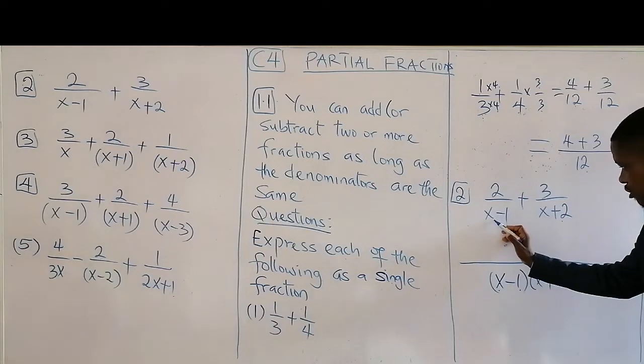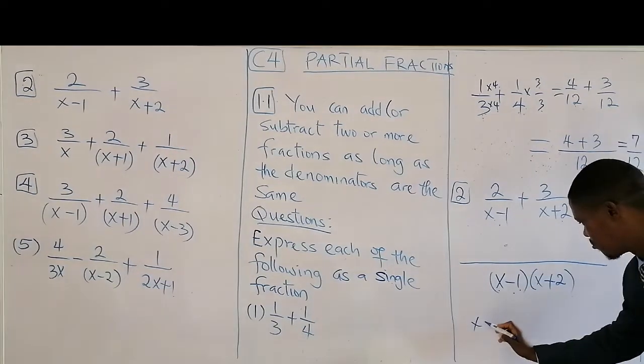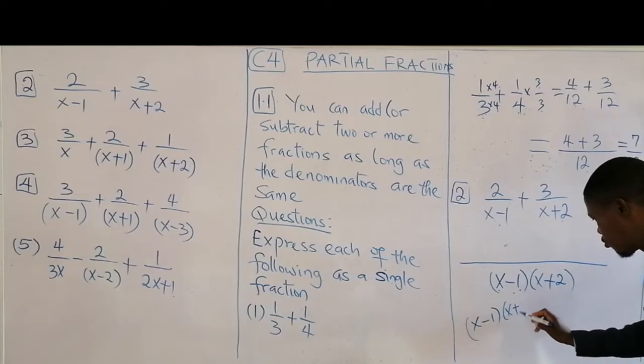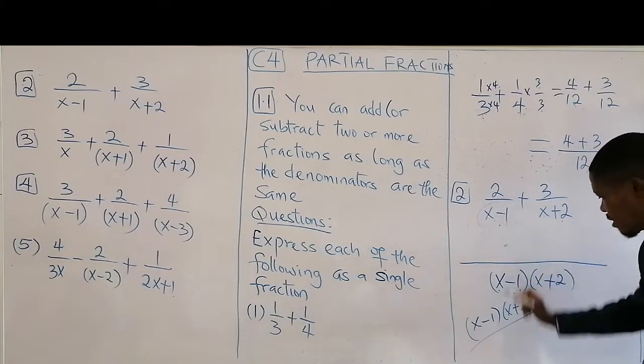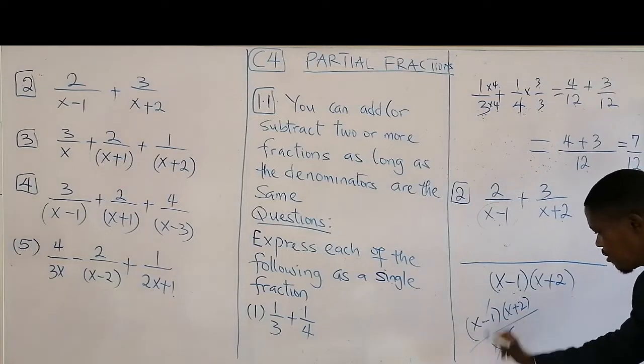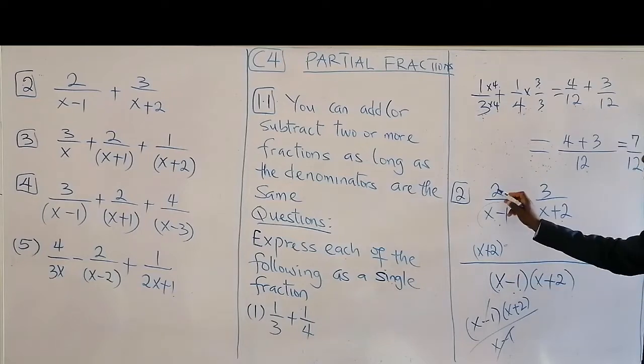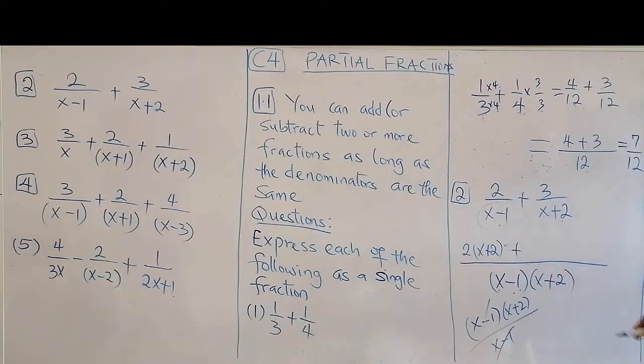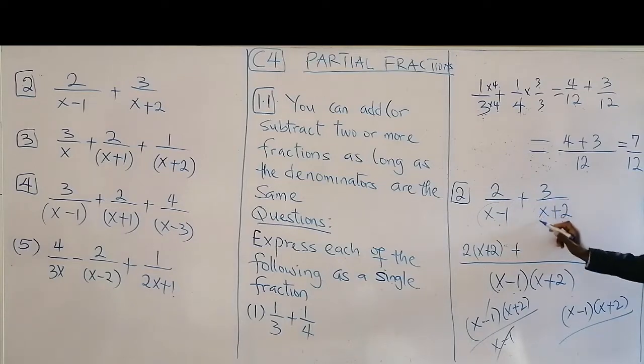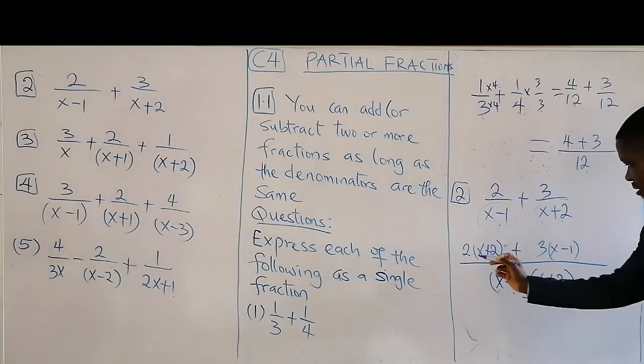You check this denominator here, you raise this one up, x minus 1 times x plus 2 all over x minus 1. In that case, this and this will cancel, so it will remain x plus 2, and then times the numerator. Then plus, do the same thing also, that's the common factor, x minus 1, x plus 2, over the denominator you have here for this fraction, x plus 2. So in that case, this will cancel, then you have x minus 1 times the numerator. Then after that, you can start expanding.